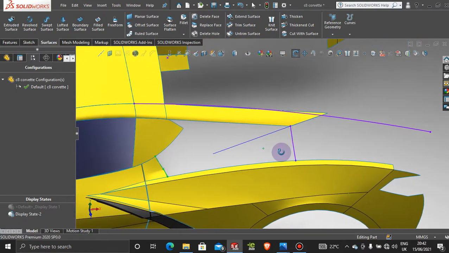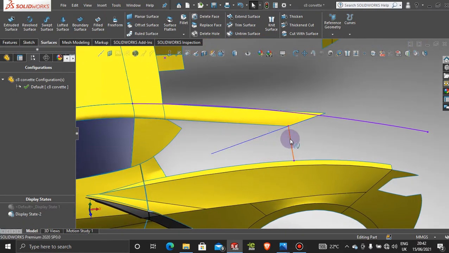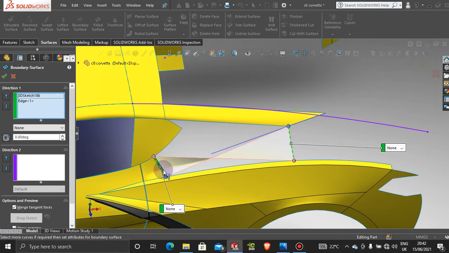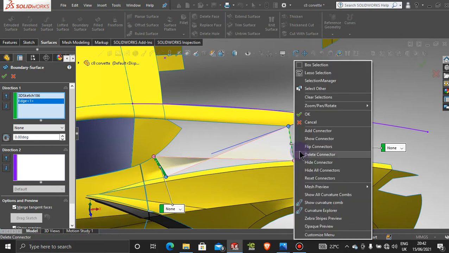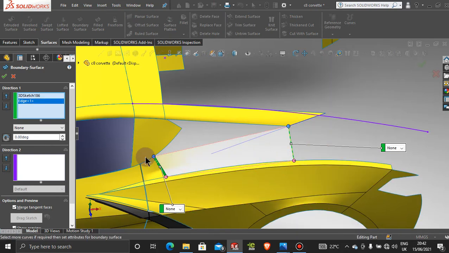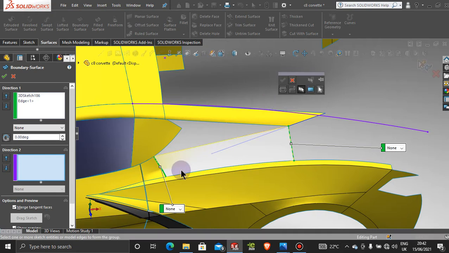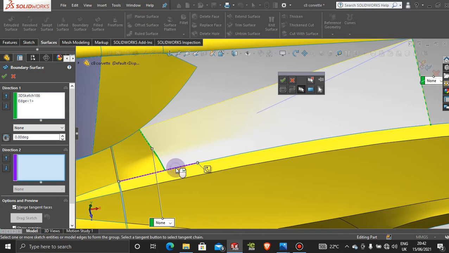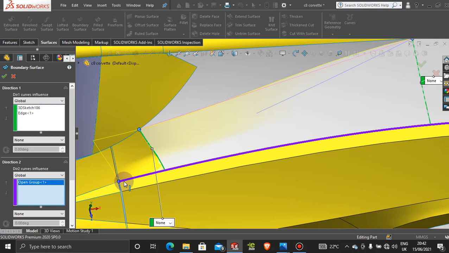All right, and now let's do another boundary surface from this line to this line here. Let's flip the connectors, and for direction 2, we're going to choose this edge here. So selection manager, and then all the way throughout. And of course, we're going to pull this line into the black dot area. Once you see that,